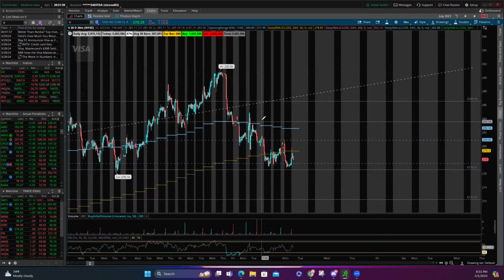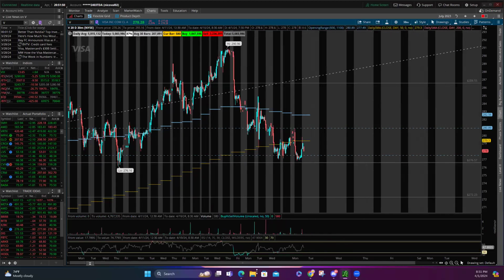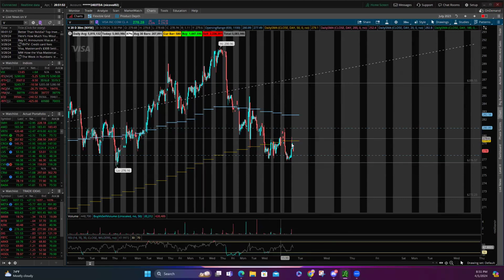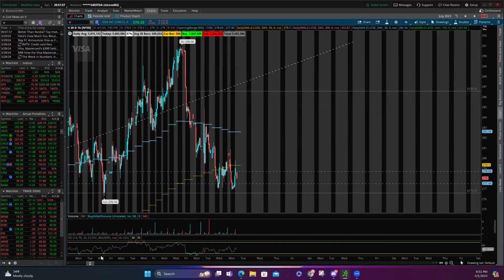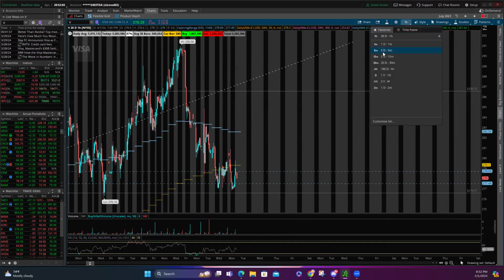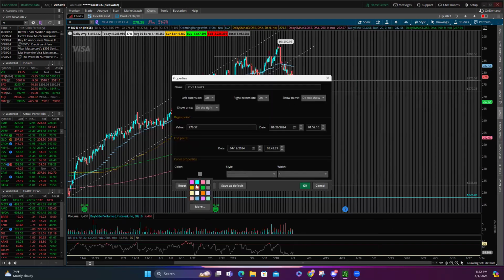But look at this. Look where we are with a reference of the 20 SMA. I don't know about this one, Ref. What do you think? It looks like it doesn't want to hold in this area. 1 hour. I don't know. 4 hours. This looks like it's going to be a nice, if it breaks this level down, it's going to be a nice